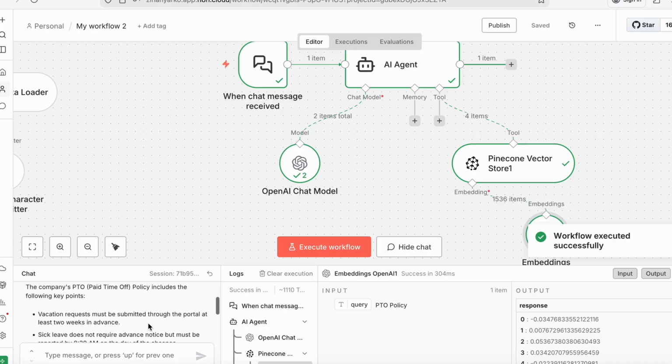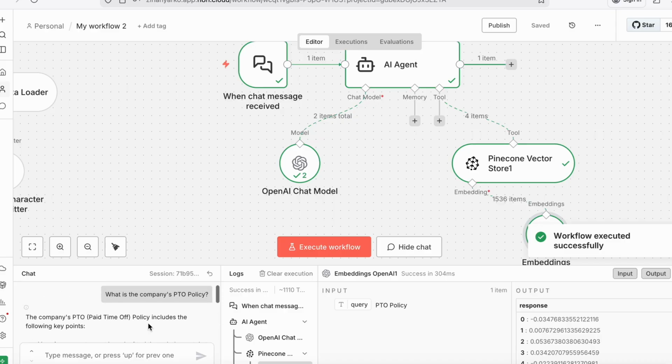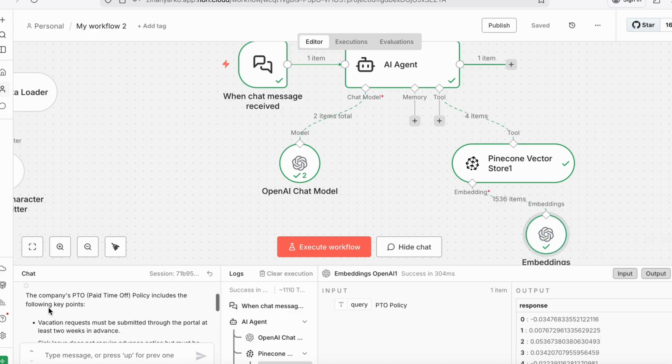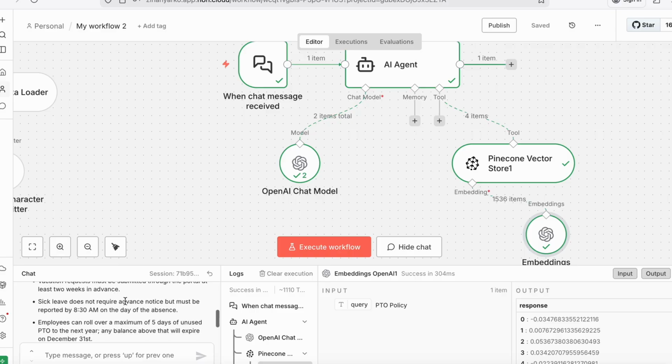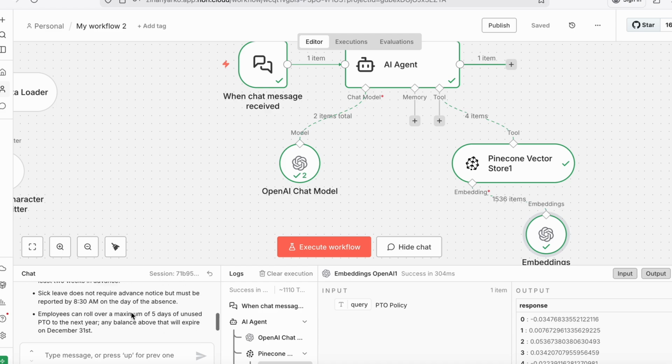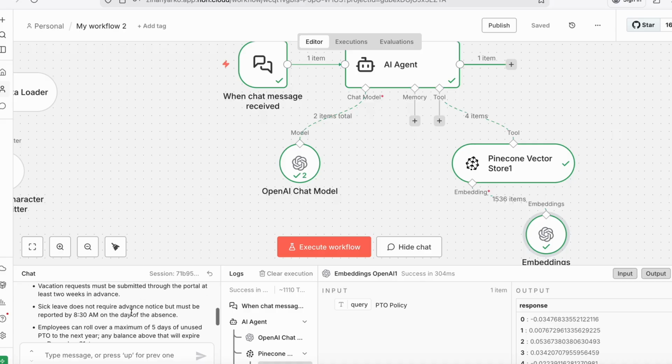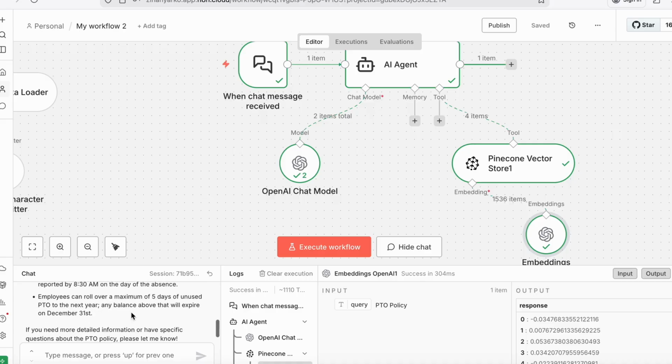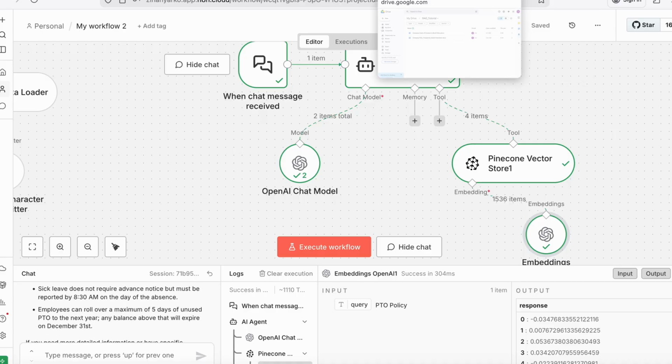So you can see here, it's able to read that information. It's telling us the company's PTO policy includes the following key points. Vacation requests must be submitted through the portal at least 2 weeks in advance. Sick leave does not require advance notice. So great, we can see that it's retrieving information from our knowledge base. If we go back to our knowledge base